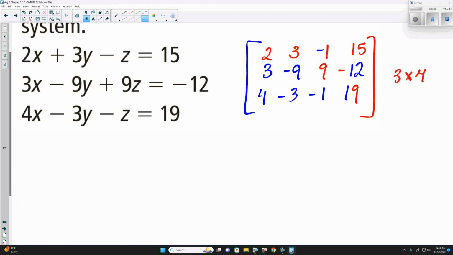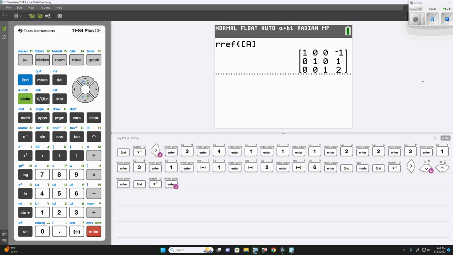Questions on how we wrote the augmented matrix? Yeah, there are matrix operations that they use to get it in that form. So the next thing we need to do,